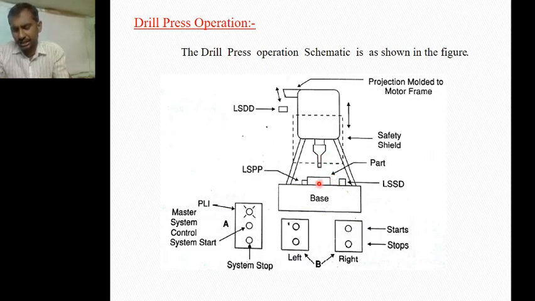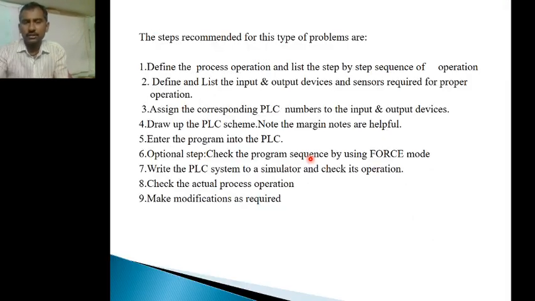So this driller continuously rotates, and the hole is continuously made on the part, and it reaches the bottom position of the part. When the bottom position of the part is reached, another sensor will be activated. That sensor is nothing but limit switch drill down. When the limit switch drill down is activated, the driller stops drilling and moves back to its original position, that is the top position. So this process can be explained in a sequence manner.